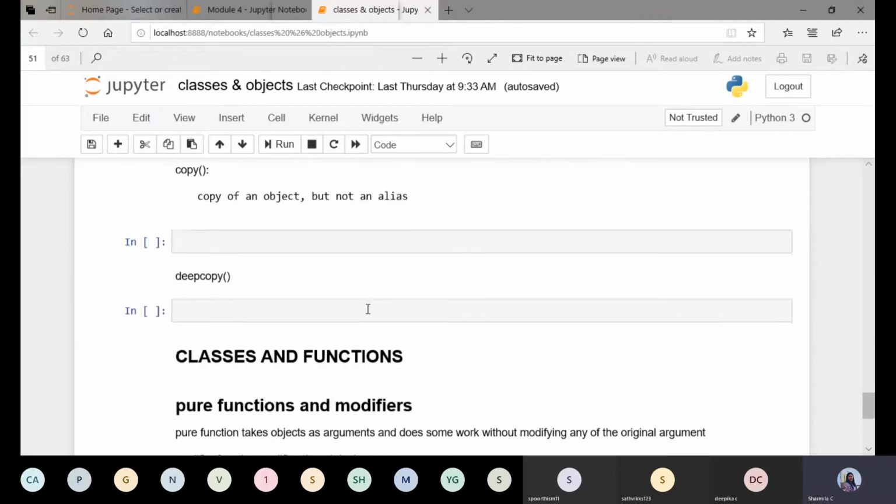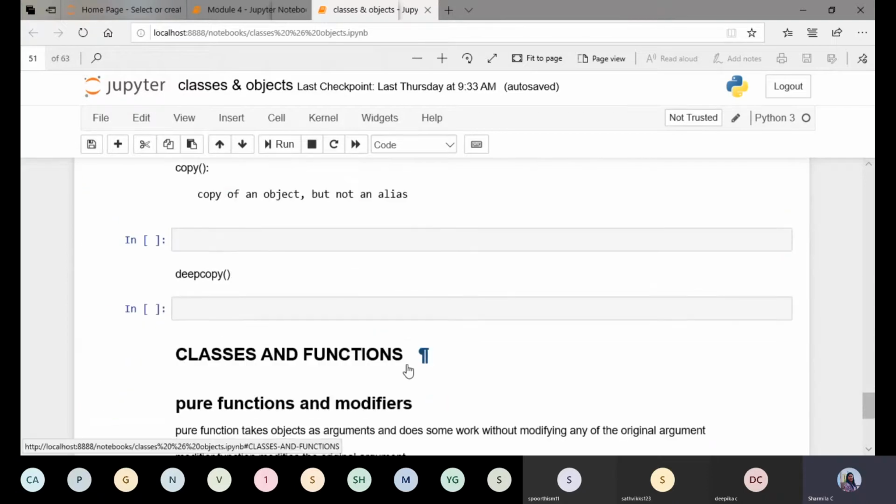The second one, once again, we'll see with classes and functions. Actually, these functions are not so important with respect to the object-oriented concepts of Python, but since it is given in the syllabus, I'll be covering the topic of classes and functions. The most important topics of Python we start from the next class, that is classes and methods.